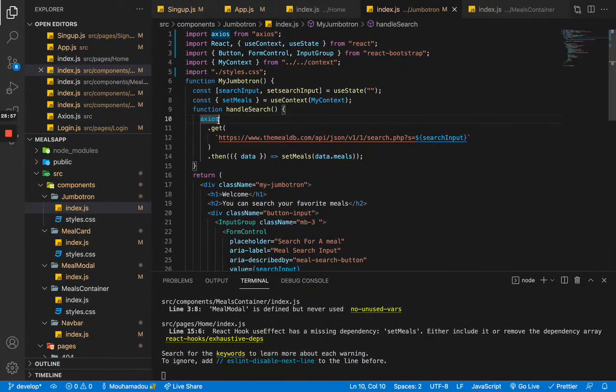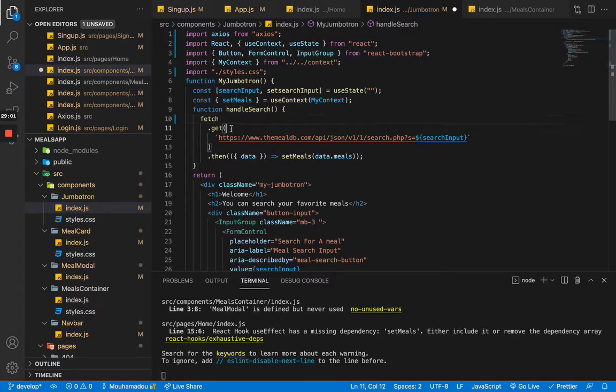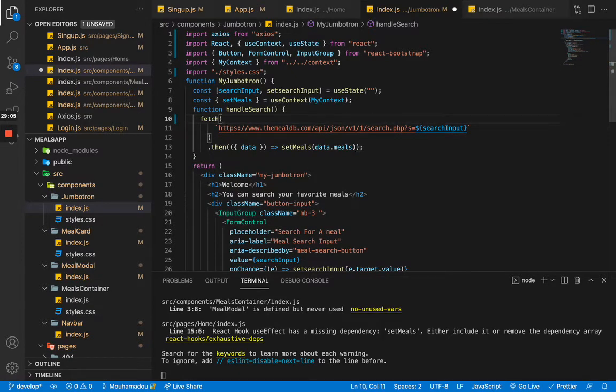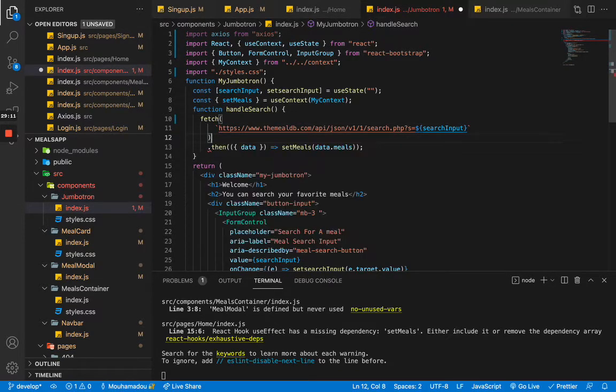Right, so probably because of the fetch that we did, we need to replace this. There's probably like a way of solving it, but from now let's just replace it with fetch, because we kind of modified the Axios. So that then